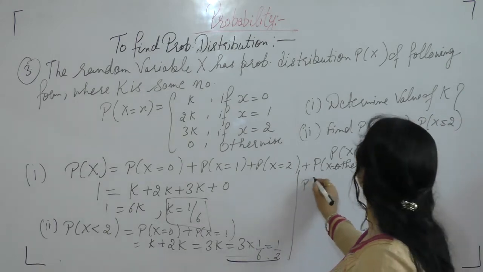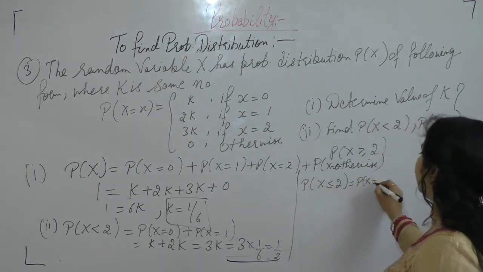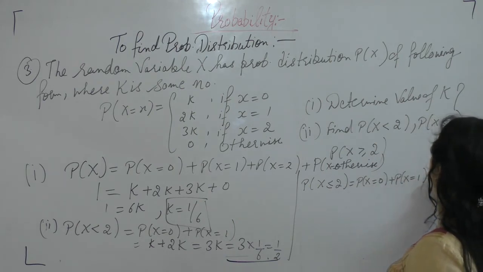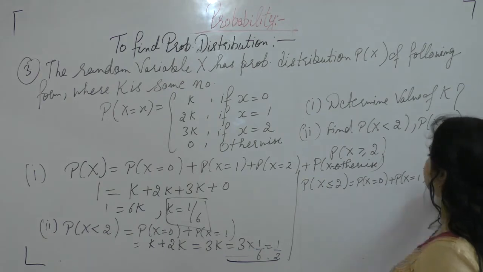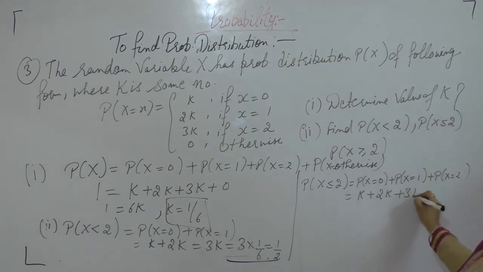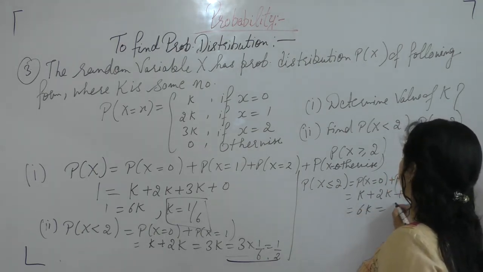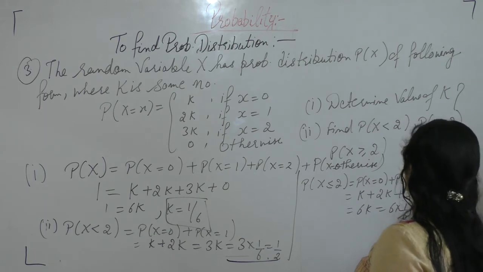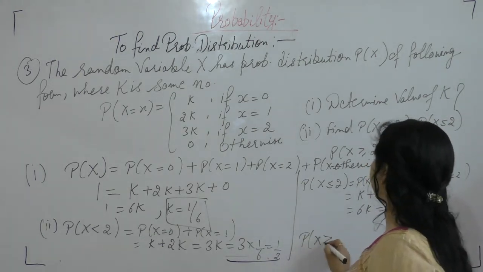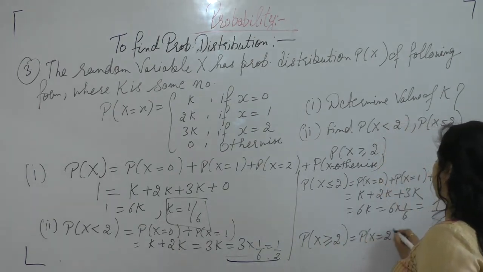Now the probability of x less than or equal to 2 is the probability at x equal to 0, 1 and 2. That is k plus 2k plus 3k, which is 6k. Put the value of k as 1 by 6, so this is 1. Probability of x greater than or equal to 2 is the probability at x equal to 2,